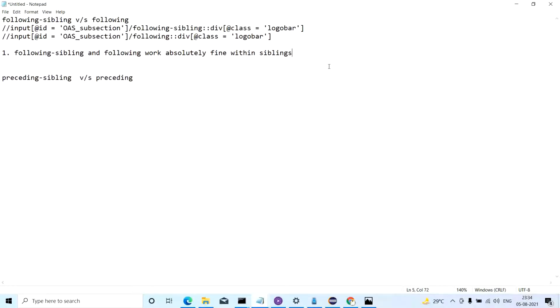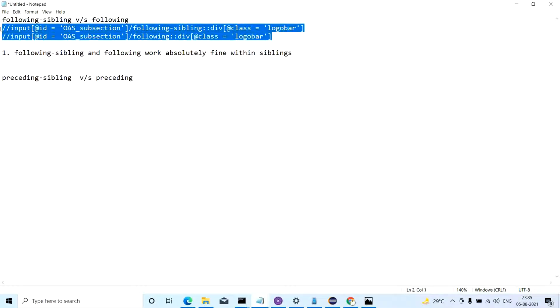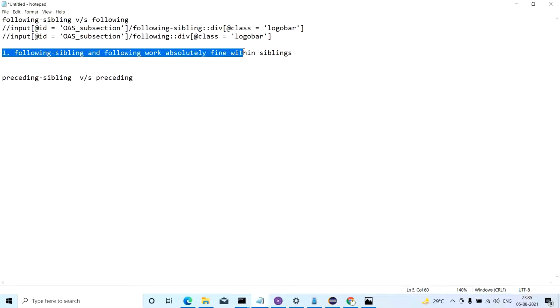Within siblings, in the sense that you have to make it even more precise. If you use that, then these two will work absolutely fine. See, this XPath and this one are both working fine, highlighting the web element we want.